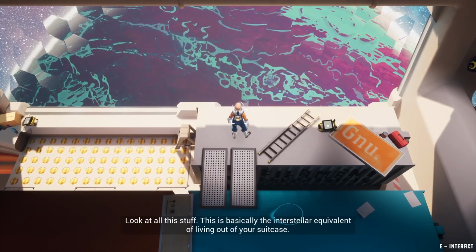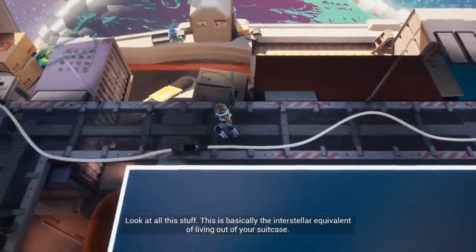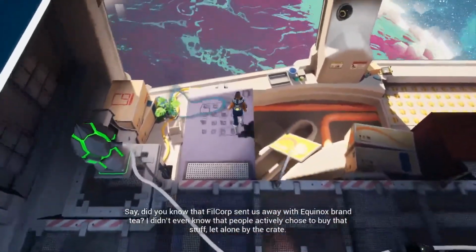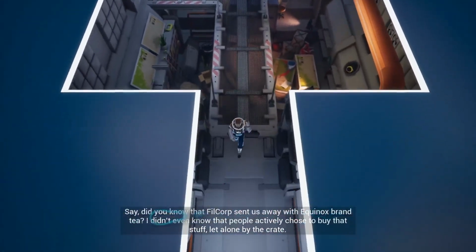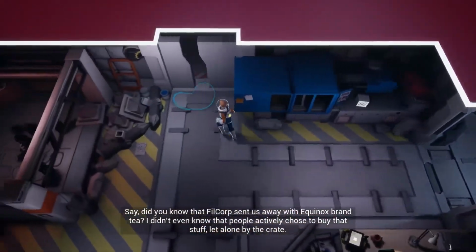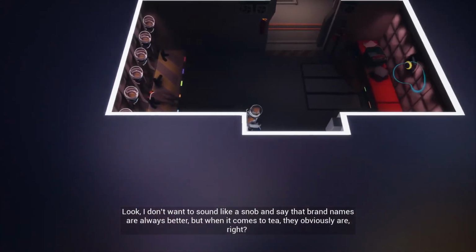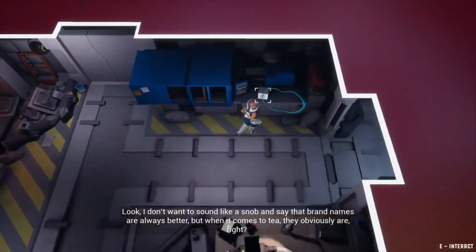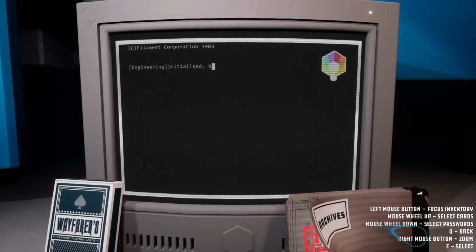Have we already heard this? Look at all this stuff. This is basically the interstellar equivalent of living out of your suitcase. Say, did you know that Filcore sent us away with Equinox brand tea? I didn't even know that people actively chose to buy that stuff, let alone buy the crate. Look, I don't want to sound like a snob and say that brand names are always better, but when it comes to tea, they obviously are, right? So, anyway,